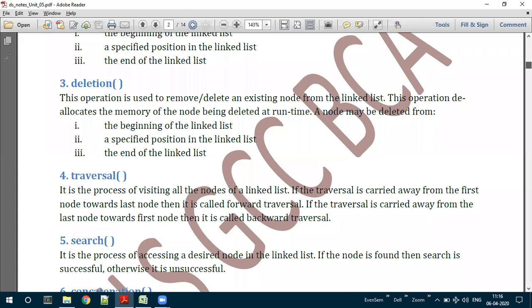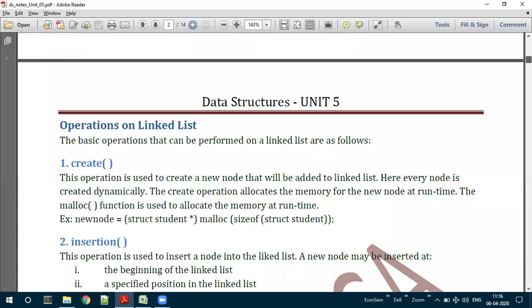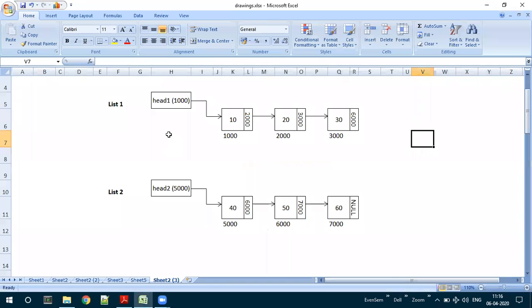For example, let me take an example. Suppose if I make use of the term head here, what does head indicate? Head is the pointer to the first node of the linked list. Suppose I am trying to proceed from the first node to the second node to the third node in this particular order, doing forward traversal. And suppose at the moment I am at the 1000 node, that is the first node.